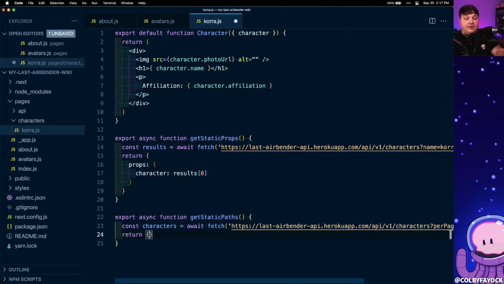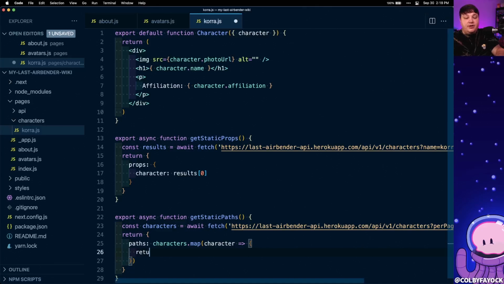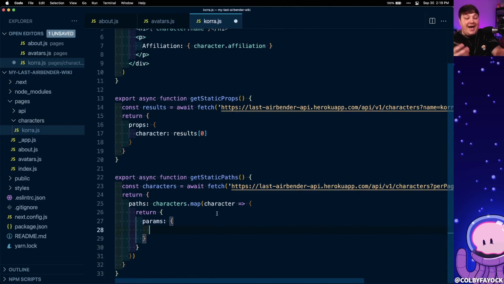So I'm going to return a new object, and inside that, I'm going to define my paths, where I'm going to map through this characters array. So I'm going to say characters.map, and then for each character, I want to return a new object configuration where inside of that, I want to define my params, which is going to be those dynamic values that we're able to get from the path, where in this case, we're going to set it up to be characterId so that we can actually specify what that character ID is going to be. And in this instance, let's call it